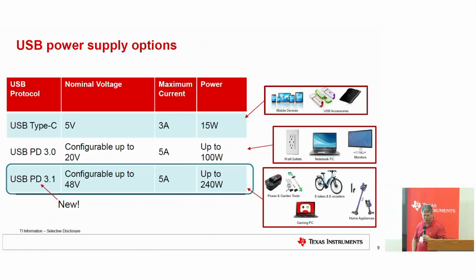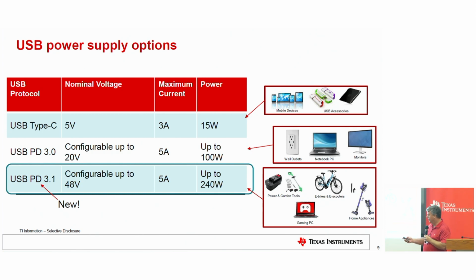Again, I just thought I'd quickly summarize the Type-C spec by itself. Again, 5 volt up to 3 amp, so 15 watt solutions. If you think of those little phone chargers that we all had, the small little ones, those were typically 15 watt chargers, right? No negotiating of different voltages to optimize charging of, say, your phone or whatever battery pack, or provide power beyond 5 volt, 3 amp.